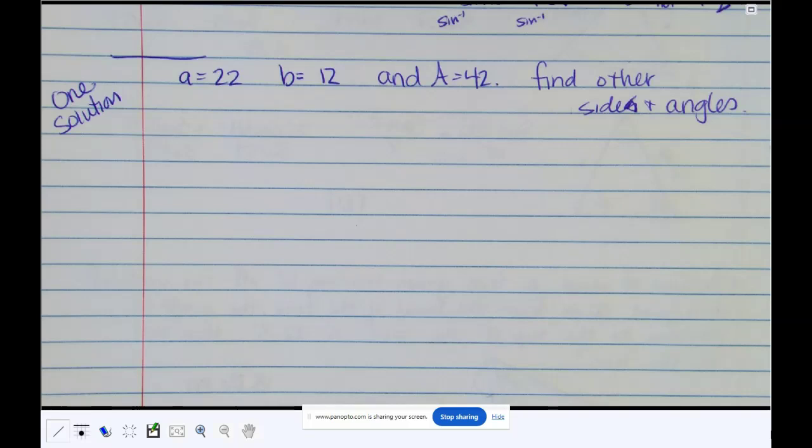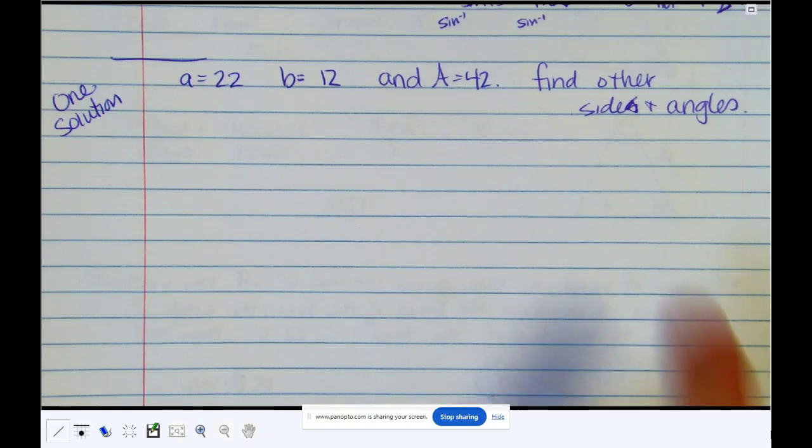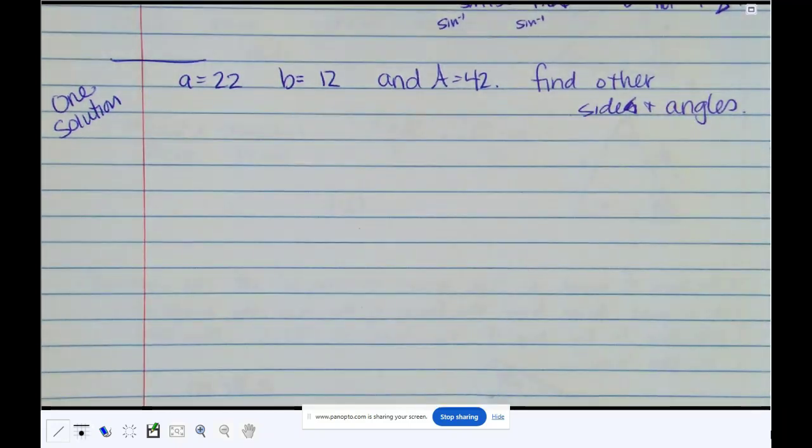Take a random guess here and guess the side of the hypotenuse. It's not a right triangle. There is no hypotenuse. You guys, when you're done, you should have another side and another angle. See? Other side and the angles. So then I got the angle. No, that's the angle. That's the big one.